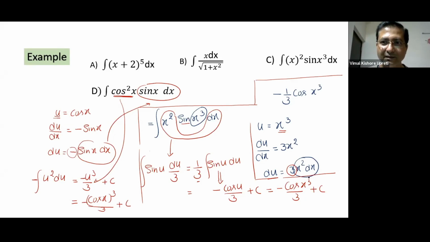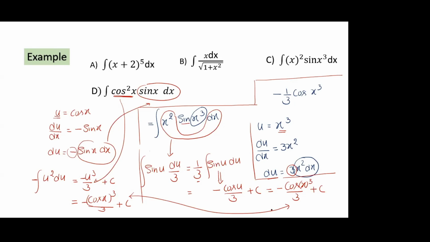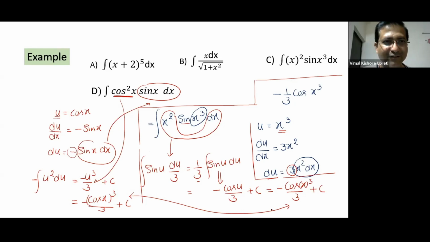Earlier, if you see this one, this is cos x cube. This is cos x whole cube. That is the basic difference between this and this. Though they look similar, they are different. Understood or not? Yes, sir. Okay. One is cos x cube and one is cos x whole cube. Right. They are different. They are not the same.